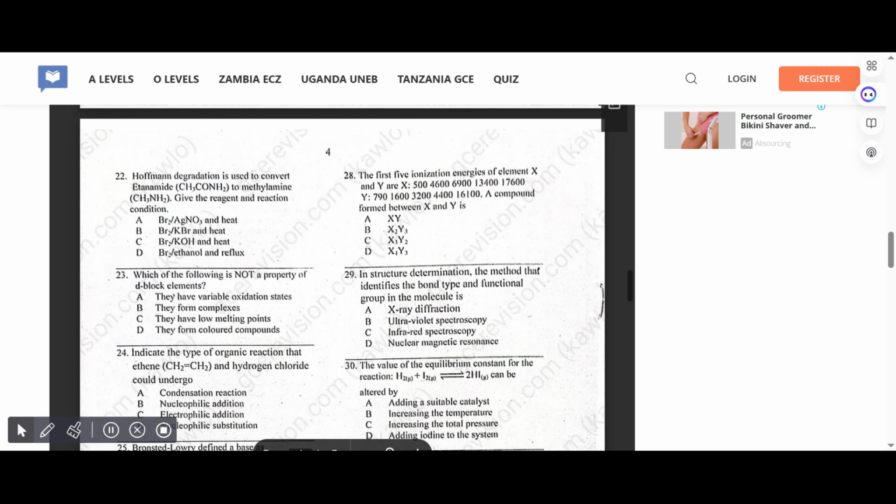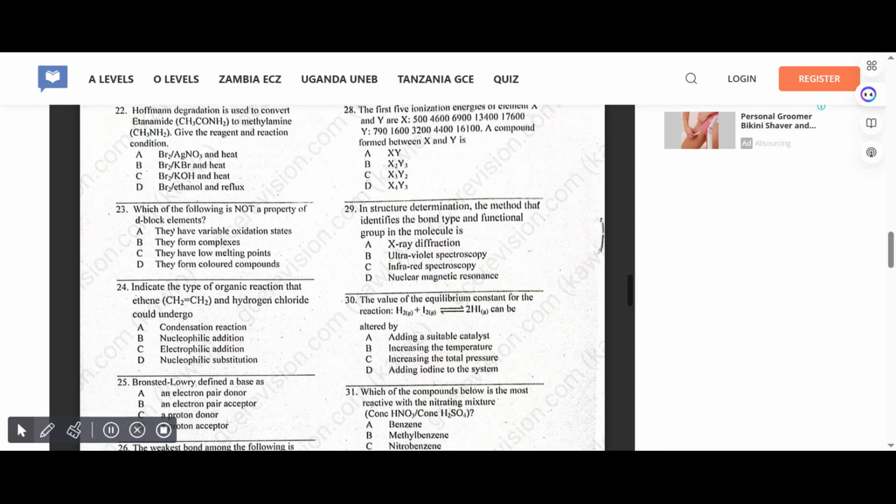The first 5 ionization energies of elements X and Y are: 500, 4,600, 6,900, 13,400, 17,600. So they gave us the formula. They say a compound formed between X and Y is, the correct answer for 28 is none. In structure determination, the method that identifies the bond type and functional group in the molecule is, correct answer for 29 is C,